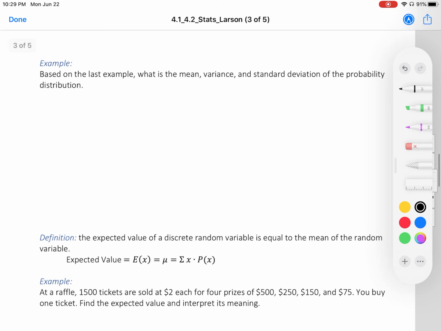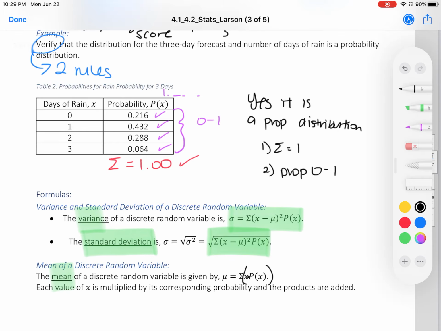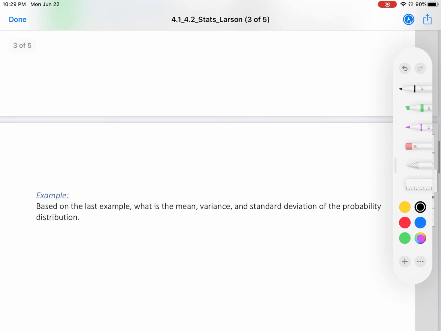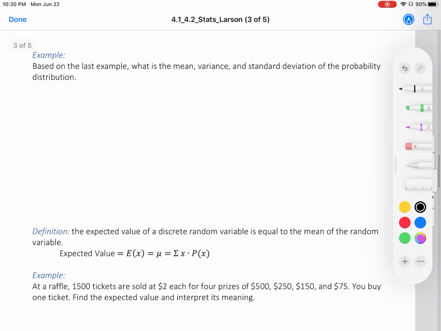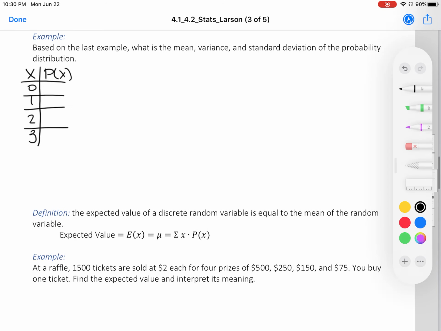Let's do an example. Based on the last example, what is the mean, variance, and standard deviation of the probability? All right, well, let's take a look at our last example. We had days of rain and probability. All right, let's start doing it by hand just so you can appreciate your technology. So we had x was between 0, 1, 2, and 3. And I'm just copying down the chart above. And P of x, probability of rain, was for 0,